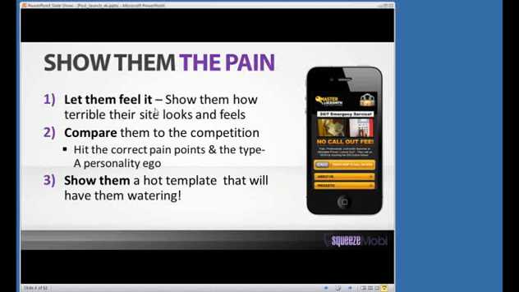But one of the best ways is hitting those emotions. Hitting those emotional pain points, but also comparing them to the competition. And this is with social media, mobile, this is with pretty much anything. You could do this with SEO, but let's start with mobile marketing. Now,